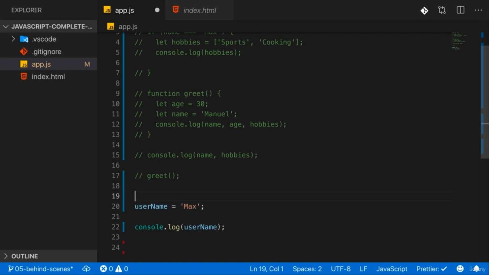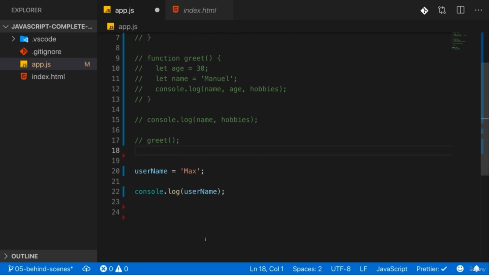Now actually, to disable such forgiving behavior, JavaScript has a special mode which you can turn on, and that's strict mode. It was introduced with ES5, and even though modern JavaScript syntax, as you're learning it in this course, already prohibits some of the things you can rule out with strict mode, it might still be worth turning it on, though I'll leave that up to you. I typically don't turn it on in this course because I avoid these strange behaviors and we don't write such code. But if you want to be super safe, you can always turn it on in a file